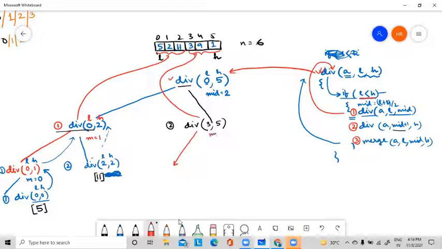So what is the mid value for this? 3 plus 5 by 2, it means it is 4, correct? So it will call the diff function for 3 to 4, L to mid, first diff function. Now for this diff function, this is L, this is H, so again it will calculate the mid. What is the value of mid? 3 plus 4 by 2, it means it is 3. So one part is div 3 comma 3, another div is mid plus 1 to h, it means div 4 to 4.